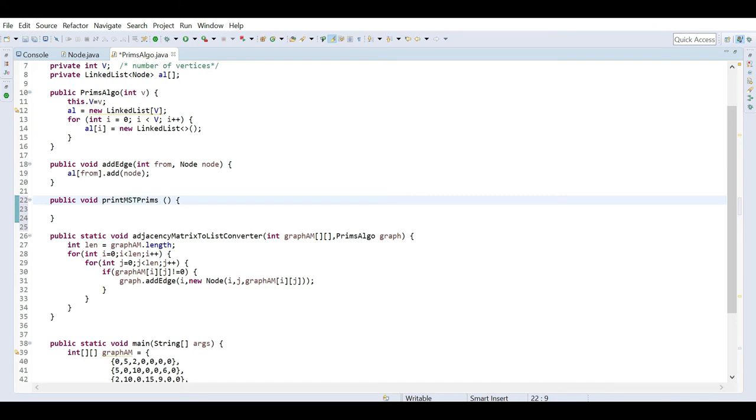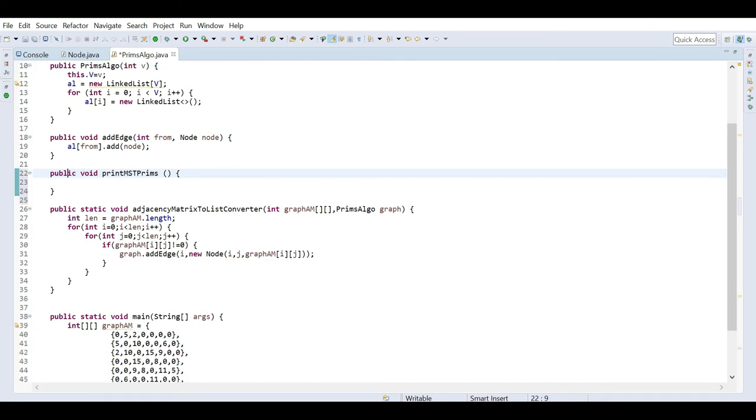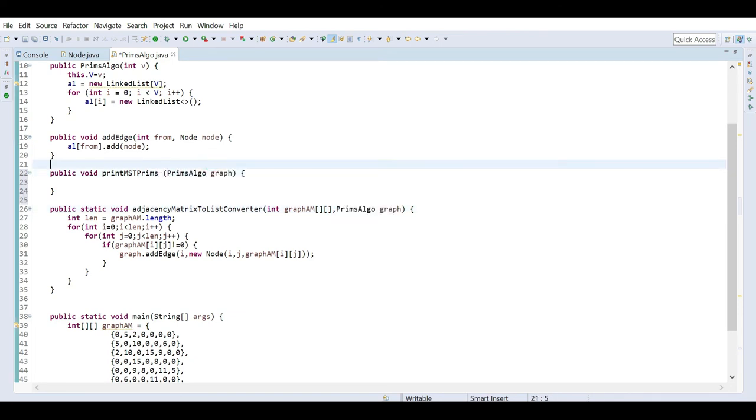Here I will take the graph as input, so it will be of type graph, because this whole class is actually defined as a graph only.